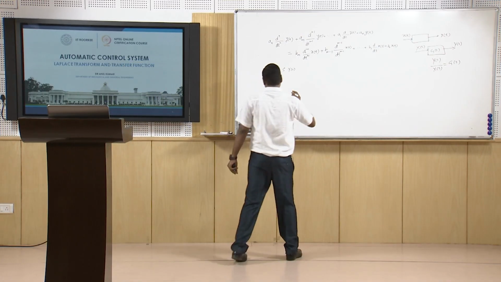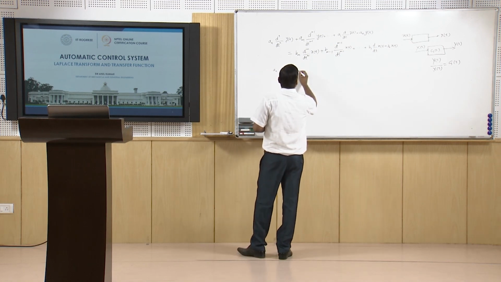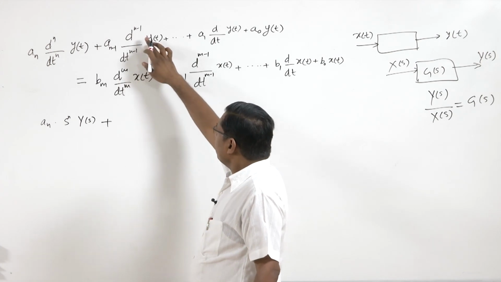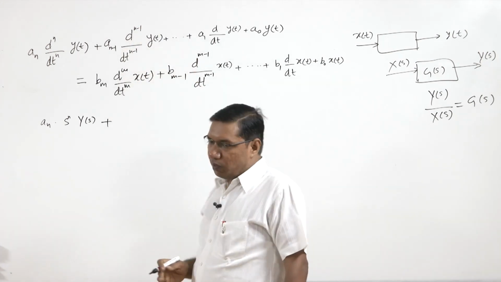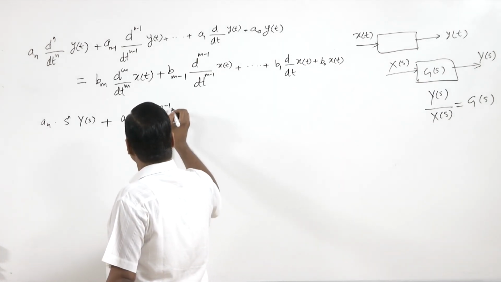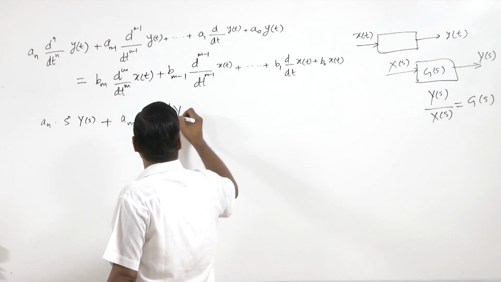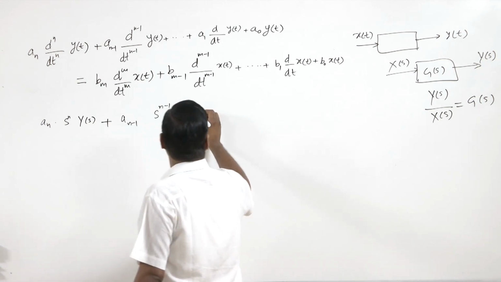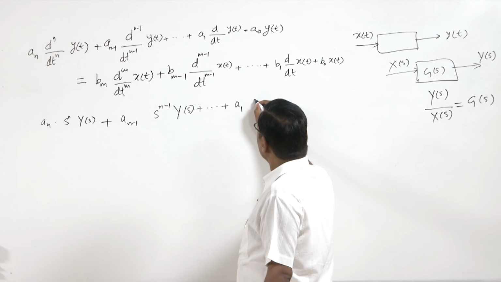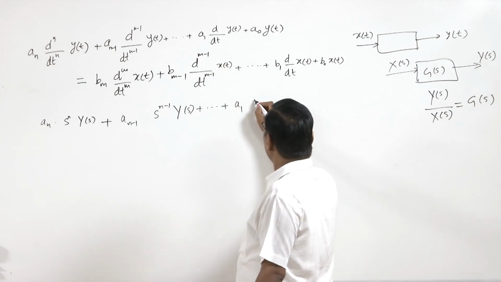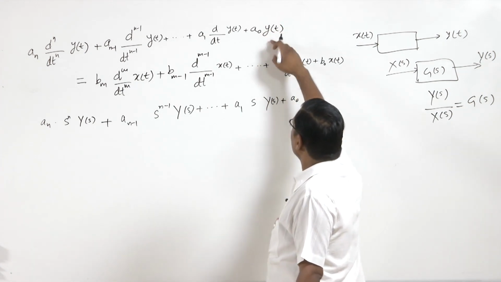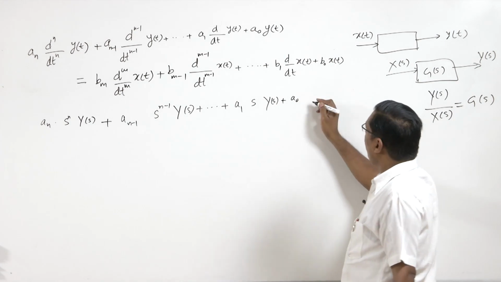Now we come to the next one. So this is a differential term with n minus 1th order. So here we will have s^(n-1) Y(s) plus a1. Then here the first order, so s Y(s) plus a0, and this is y(t), so its Laplace transform is Y(s),